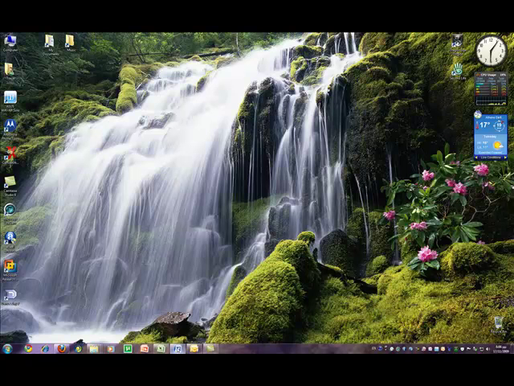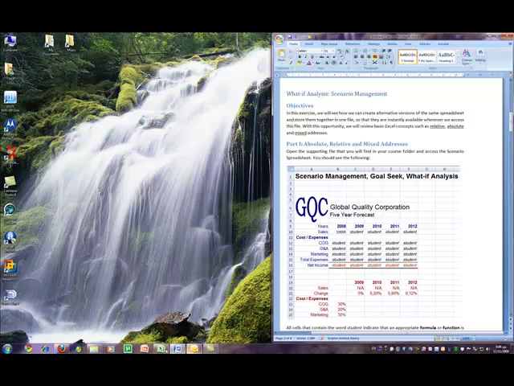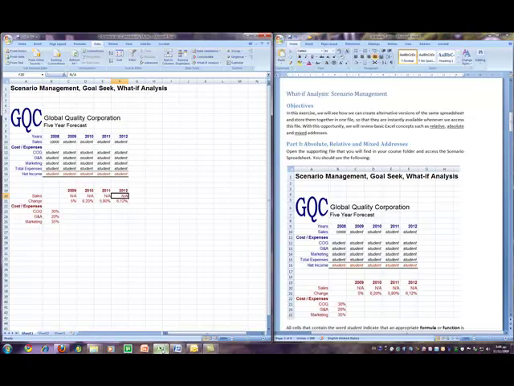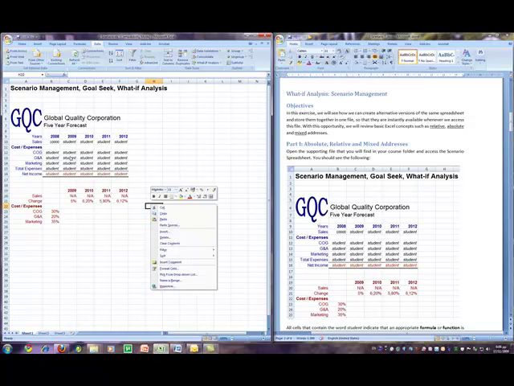Let's start by opening the document that contains the instructions and also opening the spreadsheet based on which we are going to actually build this tutorial. Now,